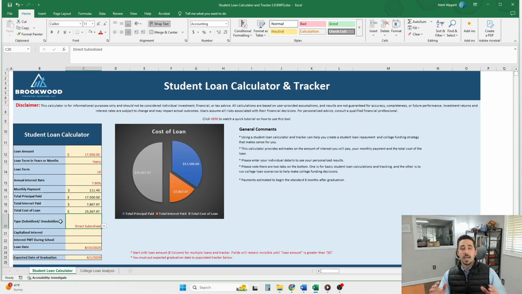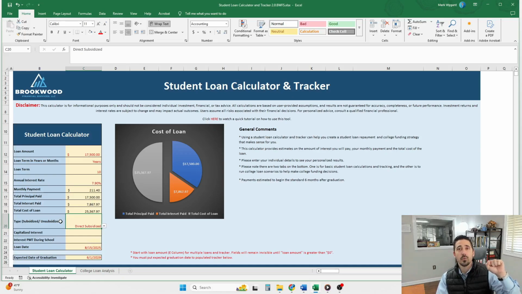So next is the type of loan. If you already understand the difference between subsidized and unsubsidized, great. If you do, just bear with me for a second. If not, I'll go through it real fast with you. These aren't all the different types of loans, but for the purpose of this calculator, we're going to either use